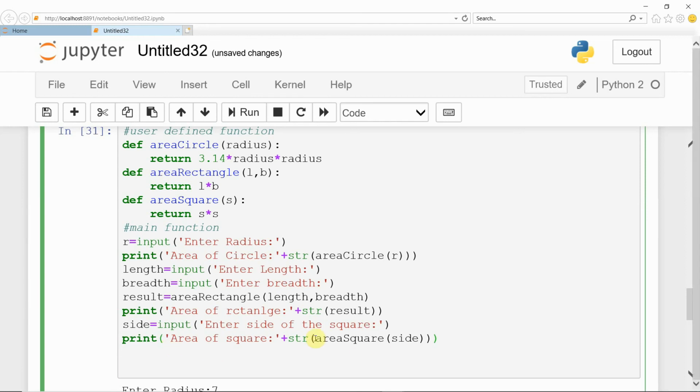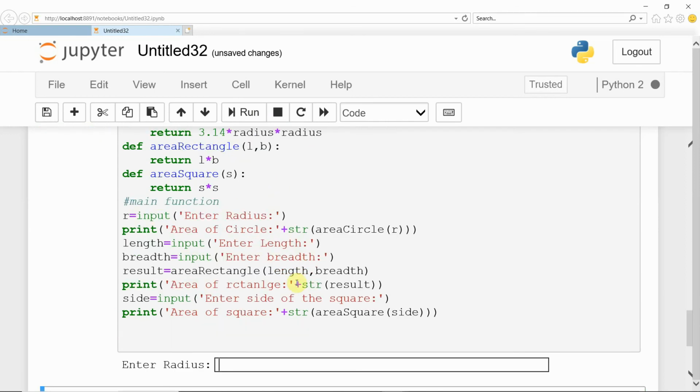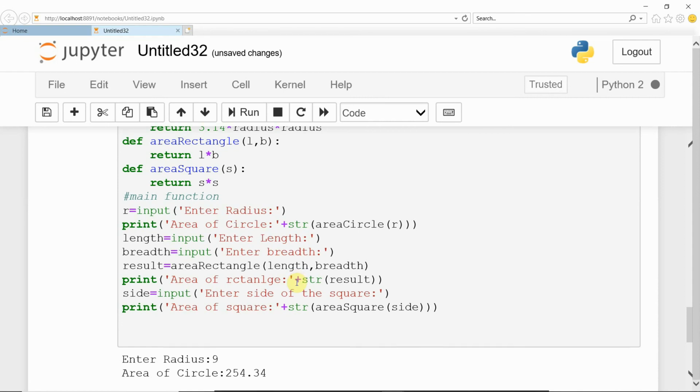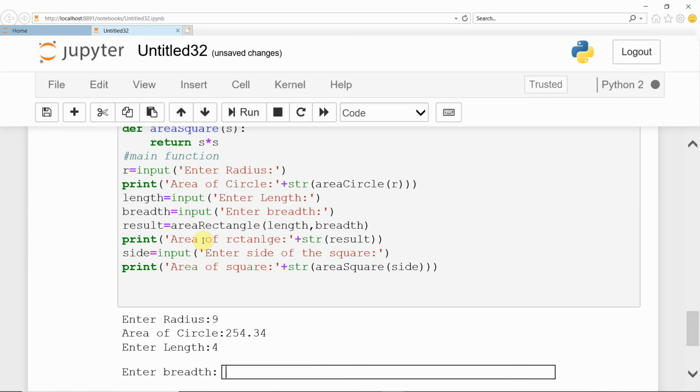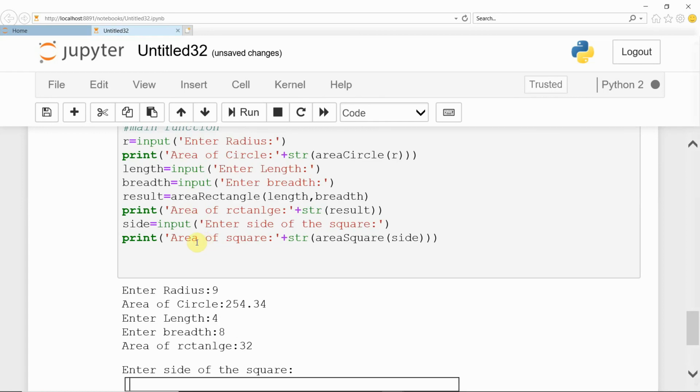See the brackets, 1 2 3, 1 2 3, three brackets are closed. Now once again if you try to run, enter the radius, see the area. Next enter length, enter breadth, it displays the area of rectangle.